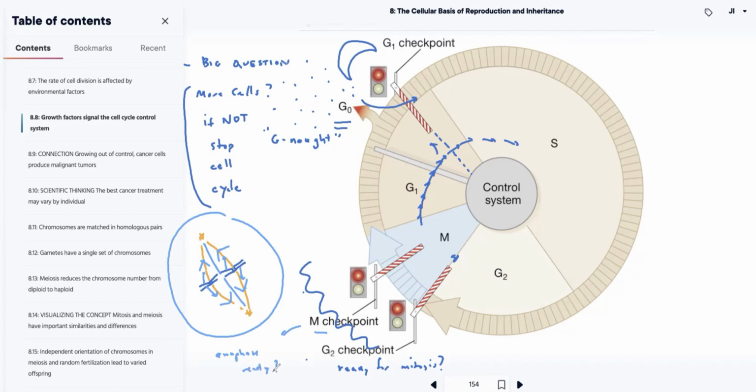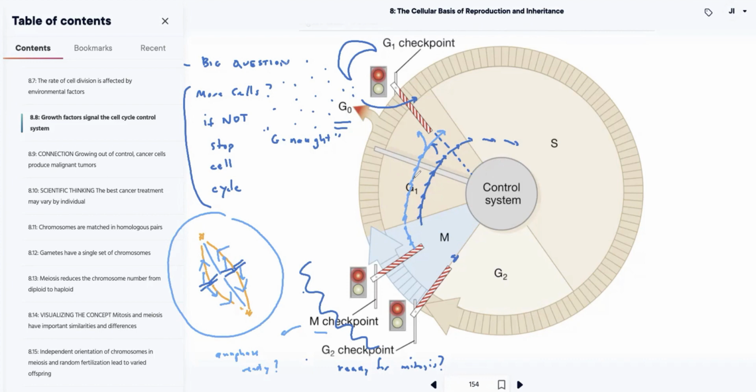Right? If everything is perfect, move forward, please. We'll let you go right into anaphase, and then we go into telophase, cytokinesis, and then we keep on going. So the two cells will keep on going through G1 until they reach the G1 checkpoint. Then another sentry is going to stop them and say, hey, do we really need more cells? No, go into G0. Yes, continue on past and go into the S phase, right?